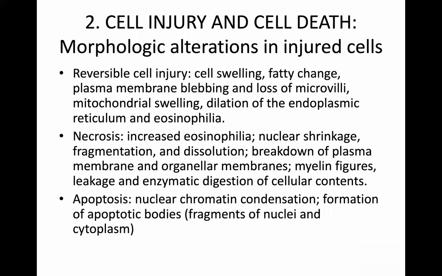At the level of cell injury, what you usually will observe is cell shape change that is common. The cell experiences fatty change, so there's a lot of fat infiltration into the cell at this point. The plasma membrane blebs. What I mean by blebbing is that it has extensions, but it does not break, right?